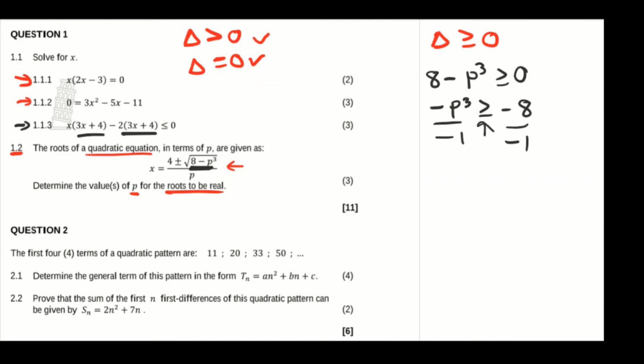direction. So where it's facing is going to face the opposite direction. So it's going to be p cubed less than or equals to 8, right? And then obviously, 8 is the same as 2 to the power of 3, right? So it's just going to be p to the power of 3 less than or equals to 2 to the